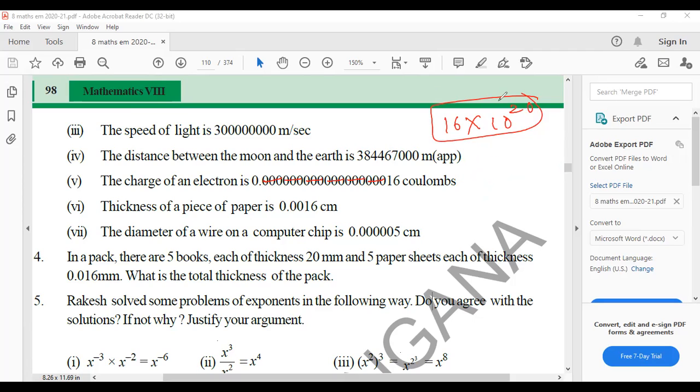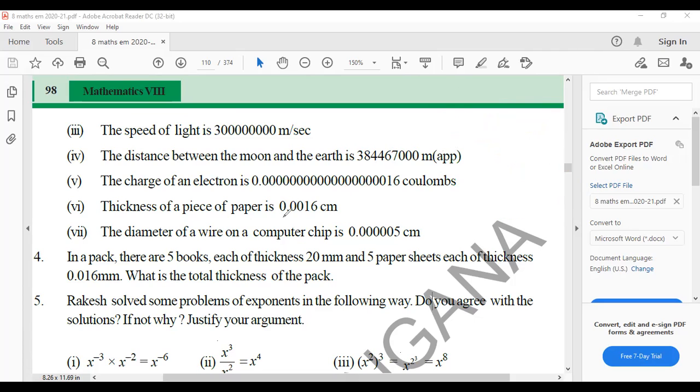So you have to write 10 power minus 20 because after the point you write 10 power minus 20. The people want the point here. So 16 by 10 into 10 power minus 20 into 10 power 1. So we can write 1.6 into 10 power minus 20 and 10 power 1. Minus 20 plus 1 becomes 10 power minus 19. Clear? Because the powers of the same base must be added.